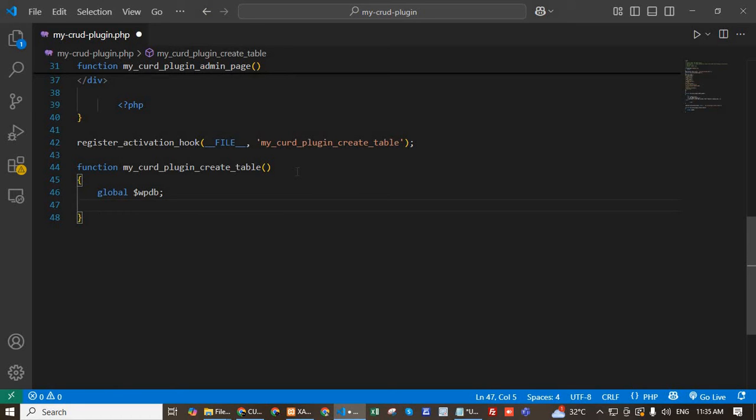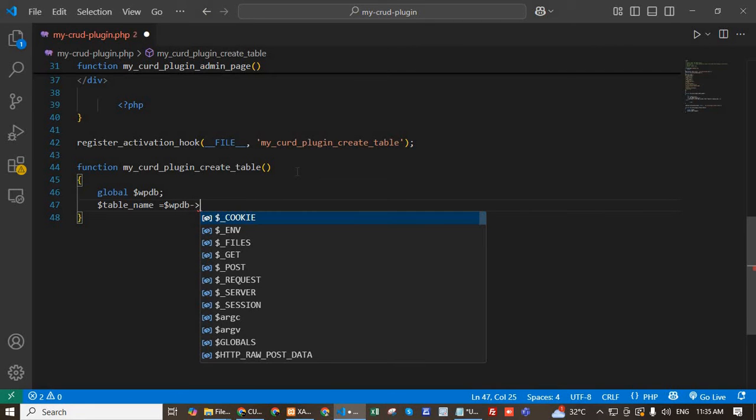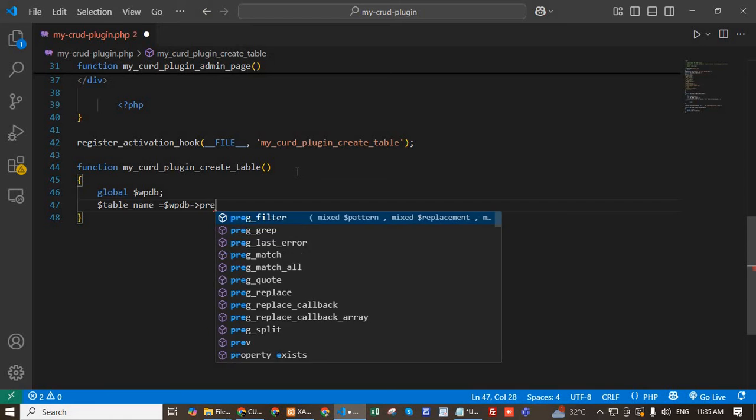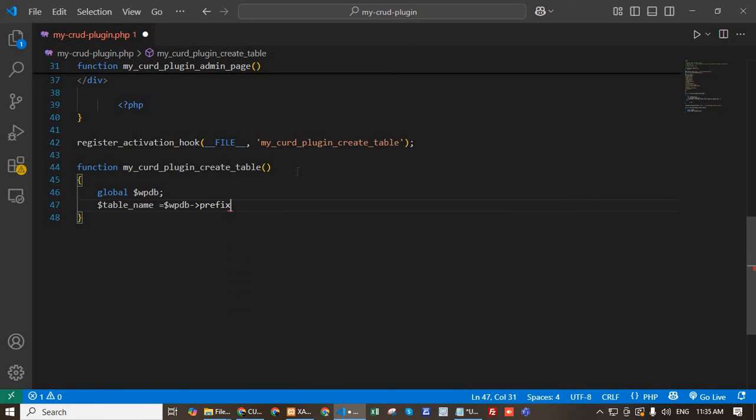Now write the table name: $table_name equal to $wpdb->prefix . 'mycard_data'